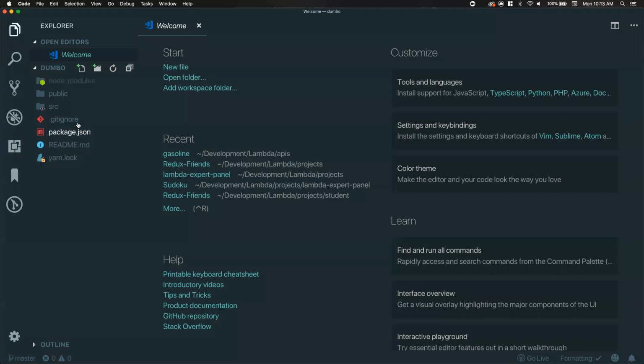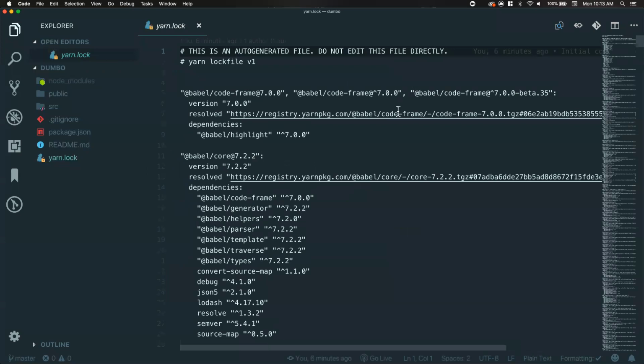So let's take a look at what we have here. This is going to look very familiar because all of our projects have been started with Create React App. So we've got this yarn lock file. We don't ever touch this. You never do anything in the yarn lock. This just tells if you were